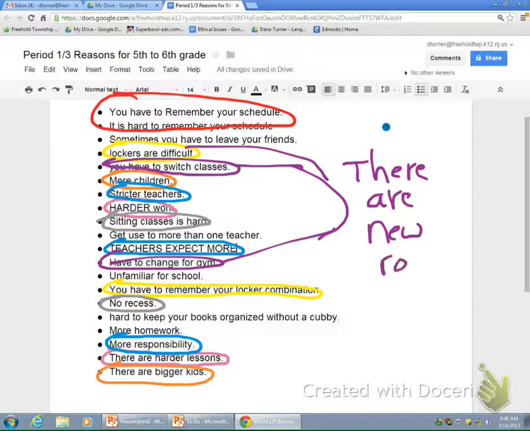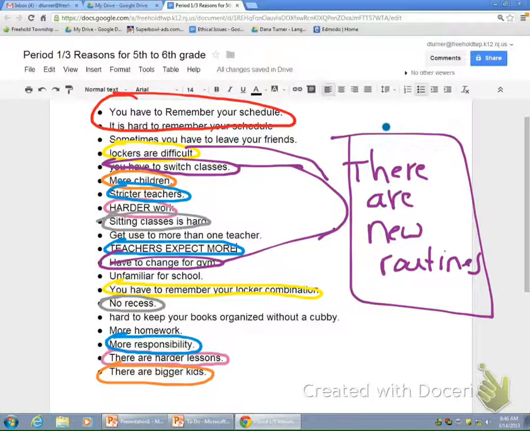What's the difference between a reason and an example? Well, here's an example, here's a reason. There are new routines, right? It's a big topic. An example supports the reason. So I could say Star Girl is the craziest girl ever. An example would be she plays the, what is it called? Yeah, and sings Happy Birthday to random kids. Okay, so the examples support your reason. So to me, this would be one big category.